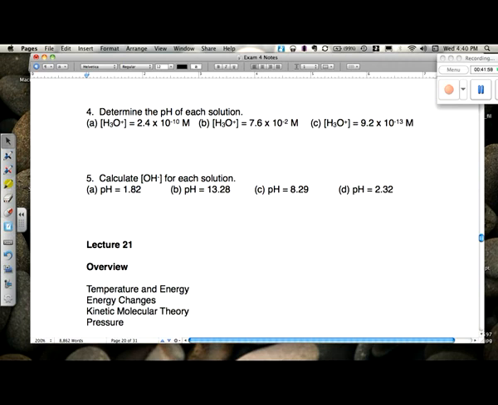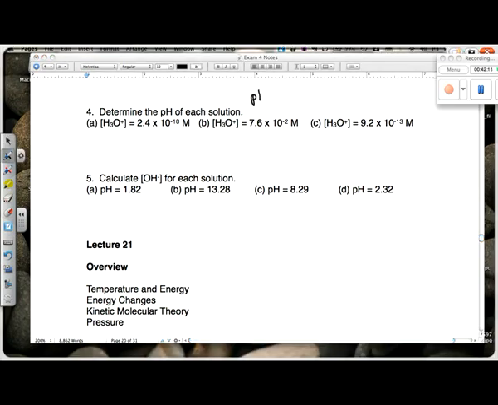Number 4, determining the pH of each solution. So I have been given the hydronium ion concentration, and now I'm going to use this part of our diagram where pH is minus the log of the hydronium ion. Some calculators you have to press the log first, then the number. Other calculators you don't have to do that. So all different. So I say log of 2.4 to the negative 10